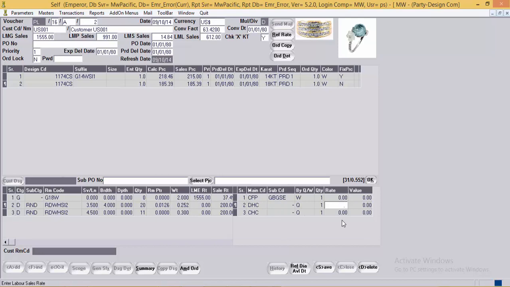Now here again, diamond handling and color stone handling charges are not applicable. Again the same CFP rate.